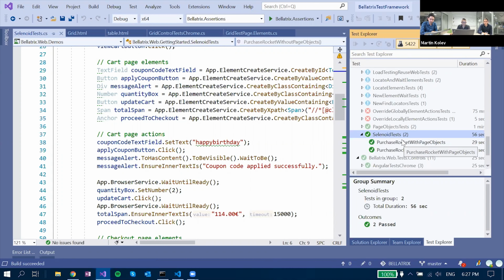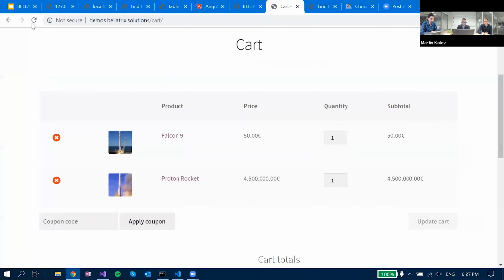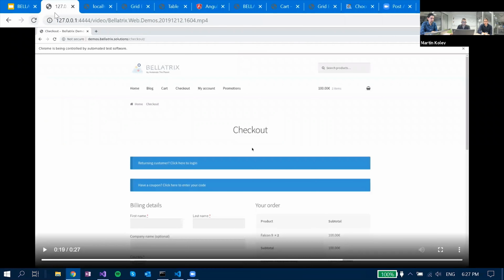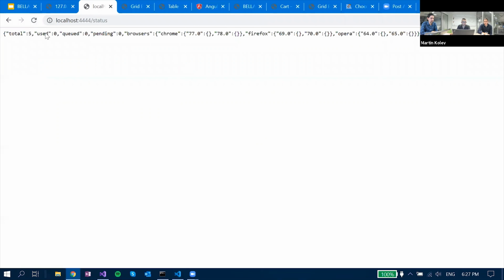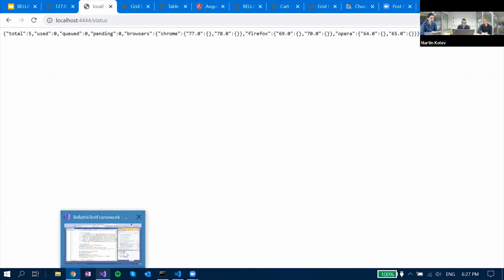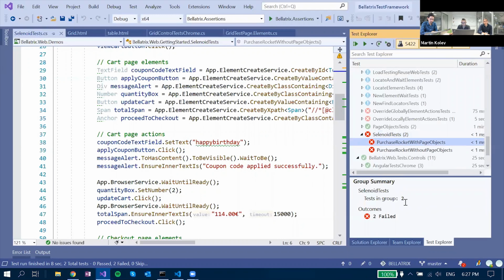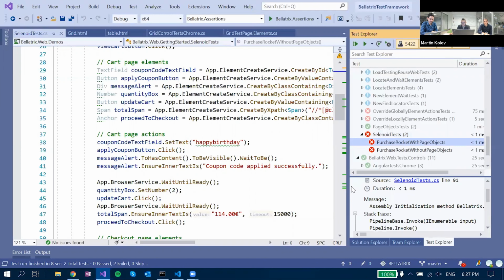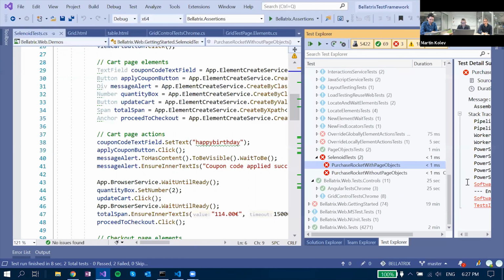So the tests are running in a minute. We're waiting and waiting. Yeah, they started. So if we navigate again to this status and refresh a bit, it should start in a second. What happened here? The tests failed. Anyway,